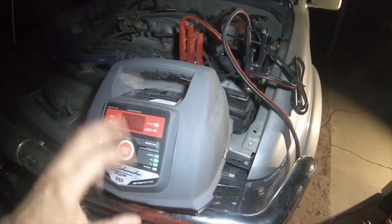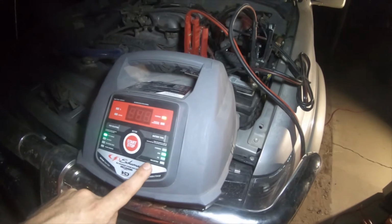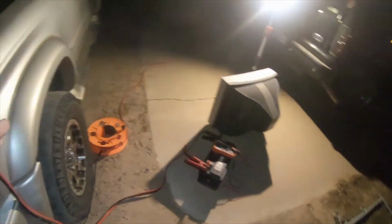a system and a chip in them that states that if the battery is under 12 volts or under 10.7 volts, I believe, it will just label it as a bad battery. It will not charge it. The easiest way to get the charging done is to